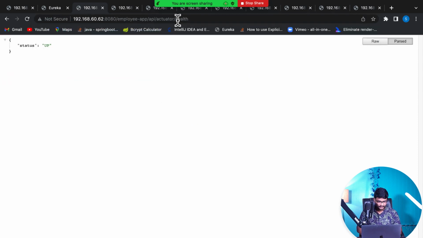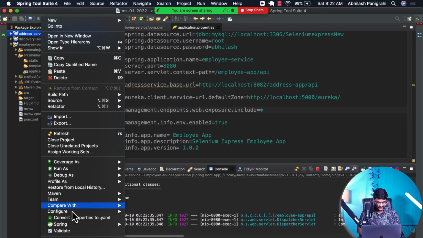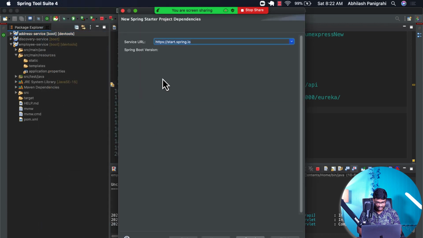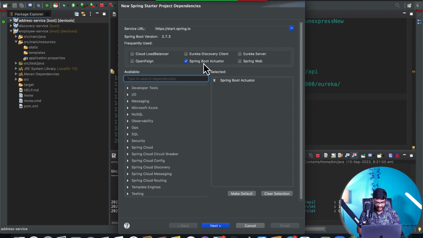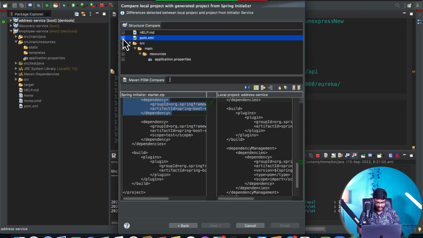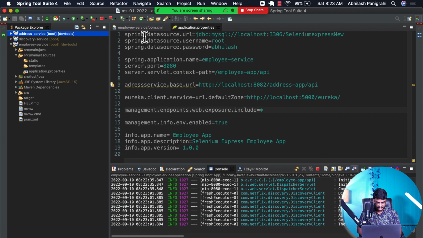Your health is also working, right? You can do the same for this as well. You can just right click, Spring, add starter. You can just add the Spring Boot actuator to this. Okay, do a next, update your POM file, and now do a finish. Once it is done, you can also copy these variables